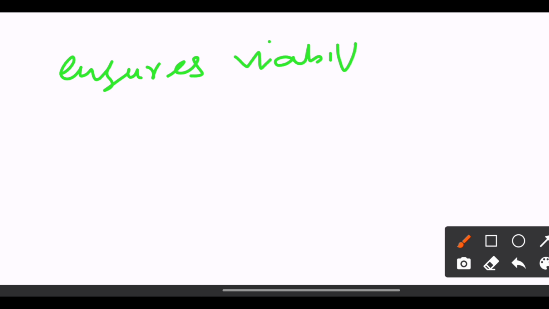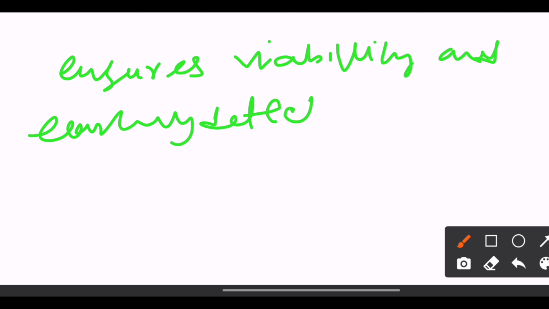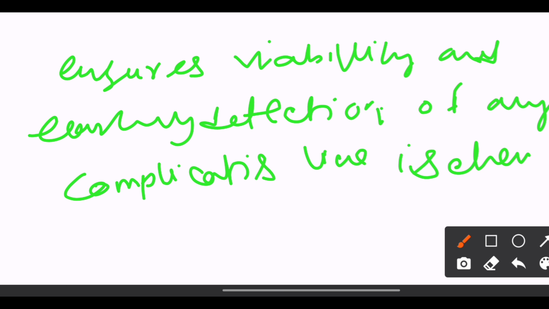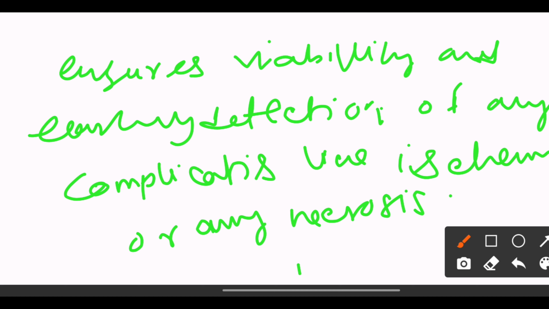viability and early detection of any complications like ischemia or necrosis. So the answer is option B, assess the stoma color and output. Next,